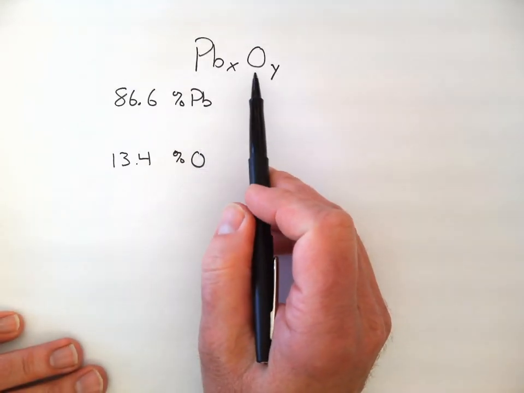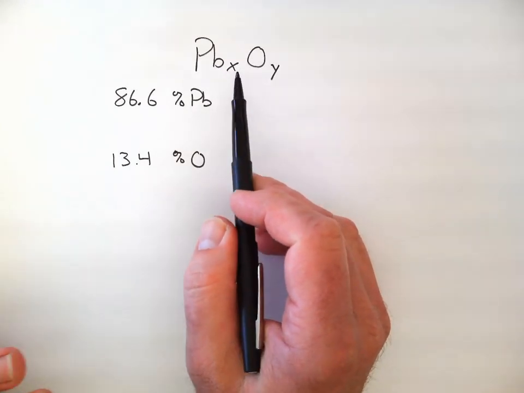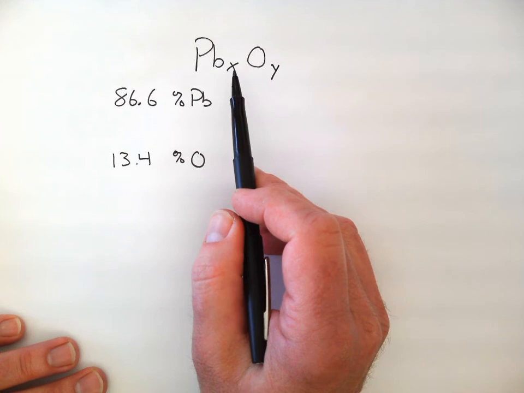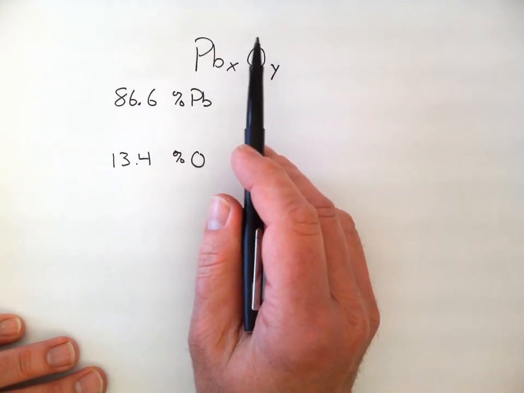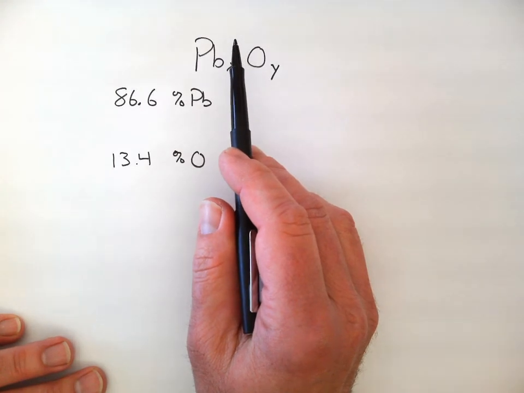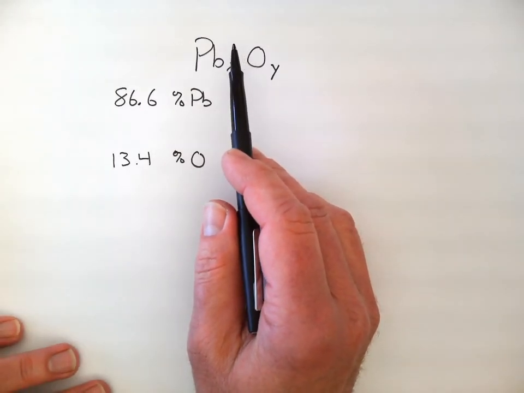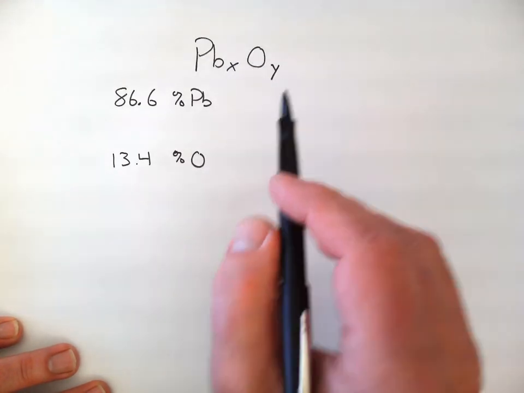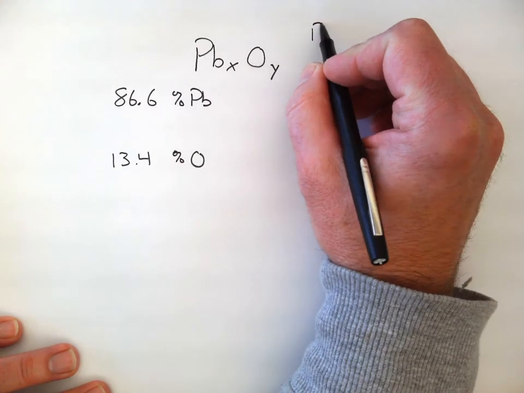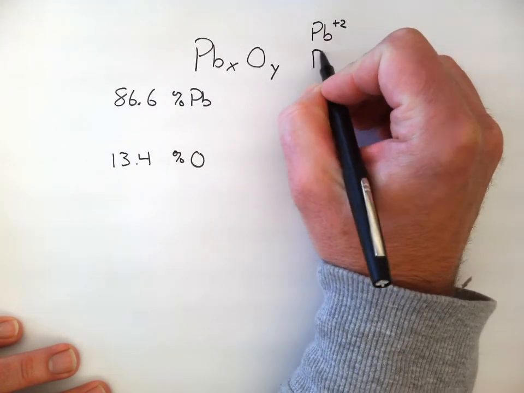You might be sitting there thinking, well, we want to know what X and Y are. Can't I just go to the periodic table and find out what their charges are and balance the charges like we've been doing in the past? Well, if you thought that, congratulations, that is an excellent thought to go and use the tools that you have available. However, we have a problem here because if you go to the periodic table and look at lead to find out its charge, you'll note that lead actually has two possible charges,